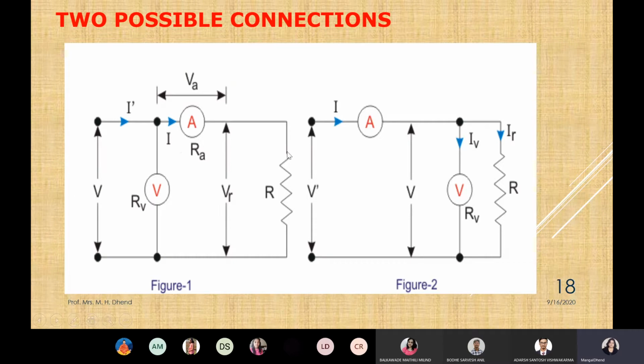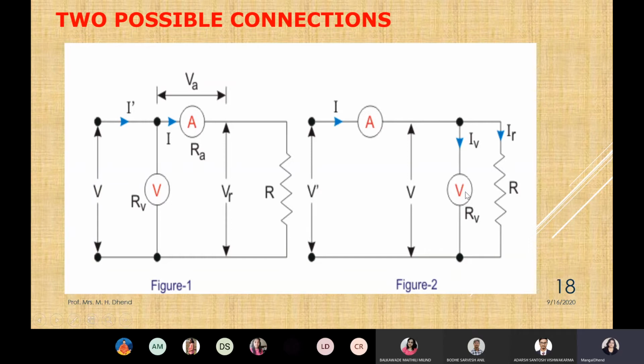If you want to measure voltage across the resistance, you directly connect 2 probes across the resistance and you will get the voltage. Here what I am talking about is seen in this picture. Connect the voltmeter across these 2 terminals and you will get the voltage. And how will you measure current passing through this resistance? You can connect an ammeter. But in this picture, see what current you are measuring. The current measured by your ammeter will be the total current: current passing through the voltmeter plus current passing through the resistor.